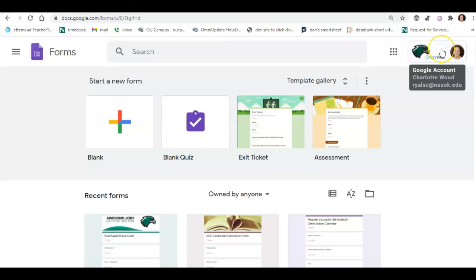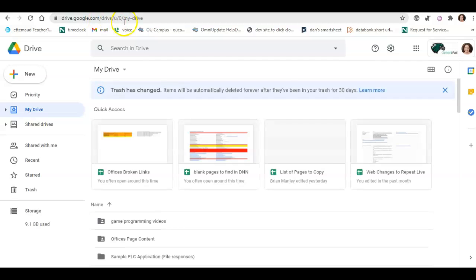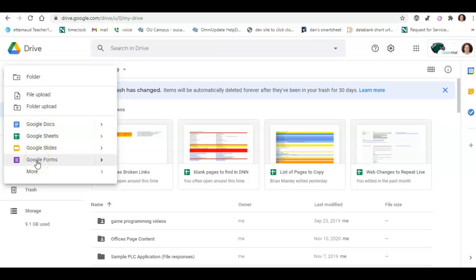So if this is not the person that needs to receive the submissions and it's another person on campus, you're going to want to go to drive.google.com, click this button, and log into the correct account. Then you're going to do New Google Form. Now, if it's a delegated account, for instance, web communications at nsuok.edu, you cannot log into the drive